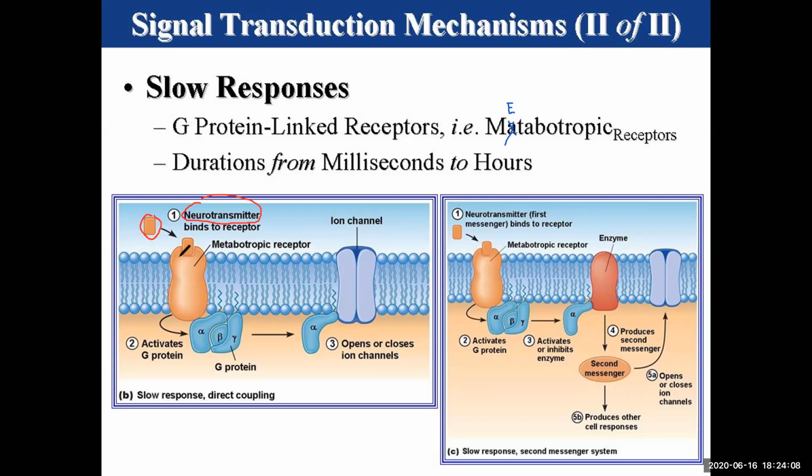So the receptor is in blue. So that's the exquisitely specific binding site, only compatible with the neurotransmitter. So the binding of the neurotransmitter to the receptor turns on the receptor. So this is your receptor, right? So upon the binding of the neurotransmitter,